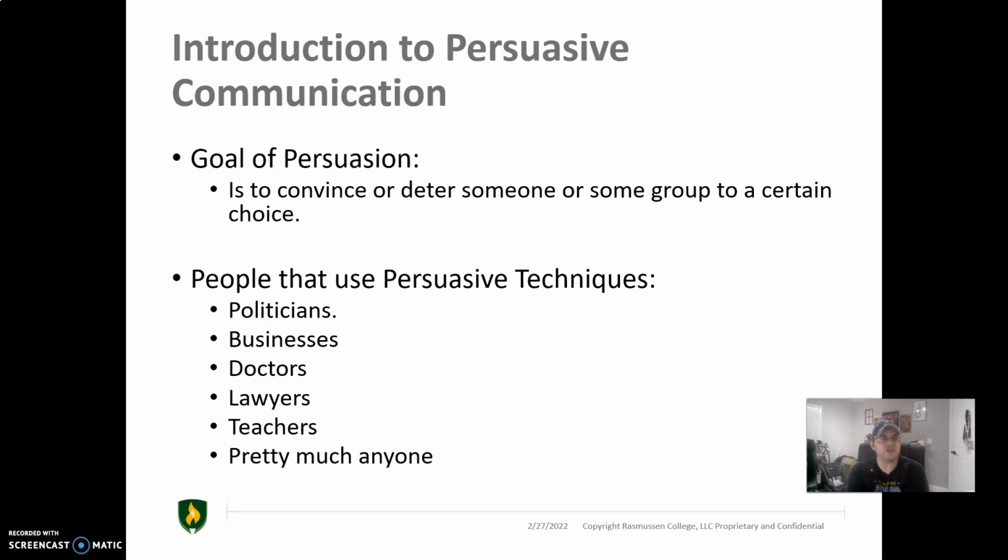And pretty much overall, the goal is to convince or deter someone or some group to a certain choice. And there's a lot of people that use a lot of different persuasive techniques. Politicians, businesses, doctors, lawyers, teachers, pretty much anyone that wants to convince somebody or wants to tell someone this is the way to go about it or this is something you need. It's just pretty much to convince or to get that person's trust in that aspect you're trying to throw out there. So that's what persuasion is, and it really ties into a lot of emotional and visual elements,